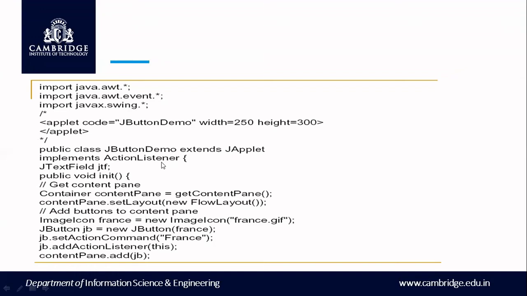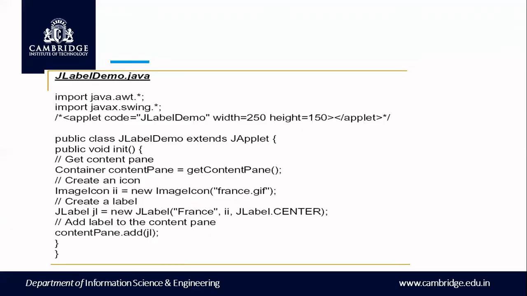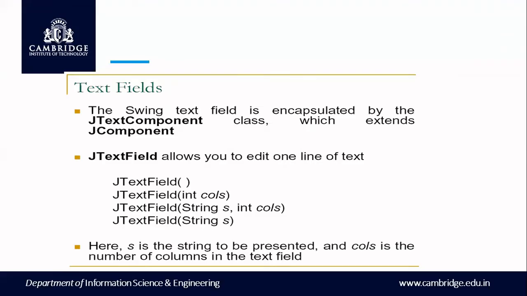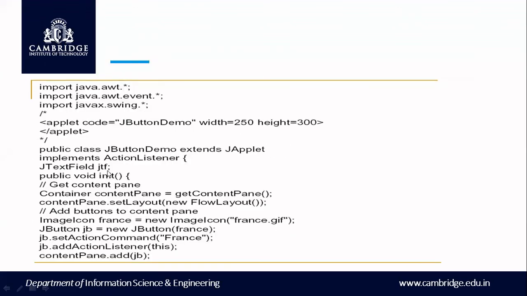Next, you can see what is the next line. This line, JTextField jtf. I have created an object for the text field. So we will quickly go to that text field. Yes, so you can see here there is a constructor, an empty constructor. When I have created an empty constructor, just a text field will be created. So that is the working of this first line, JTextField. One text field will be created. Next, we will go with the program.